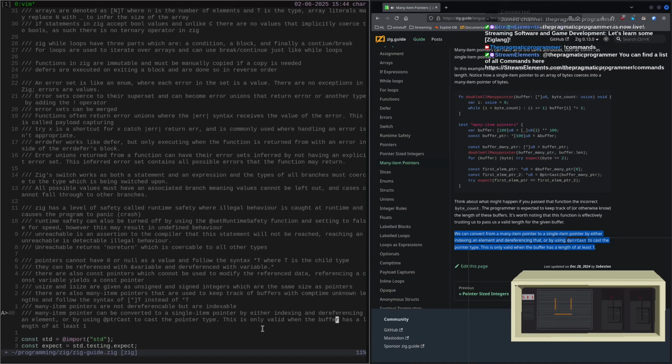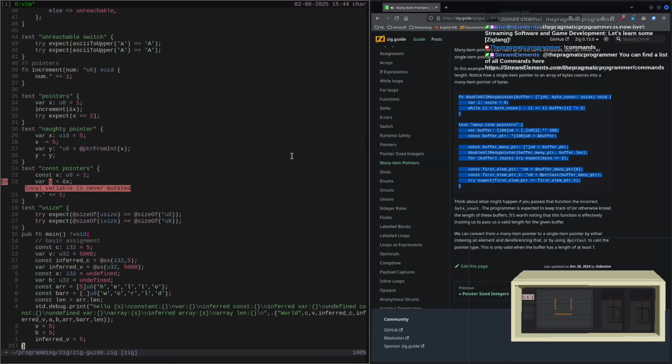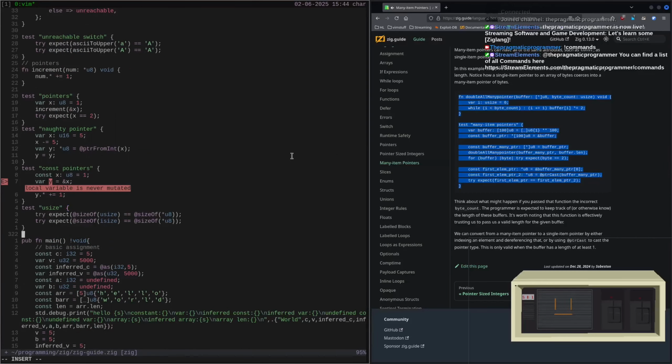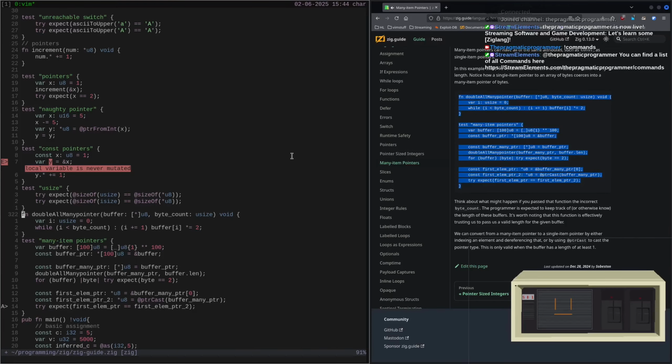This is only valid when the buffer has a length of at least 1. Makes sense. Local variable is never mutated, that's fine. Still don't really get that, but